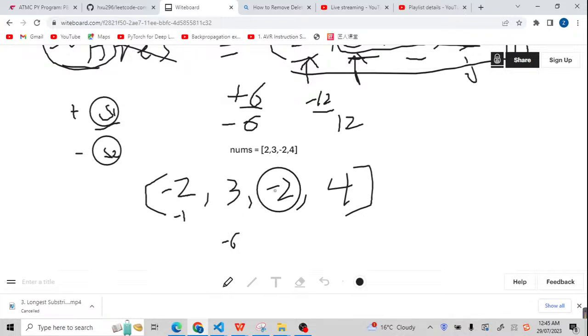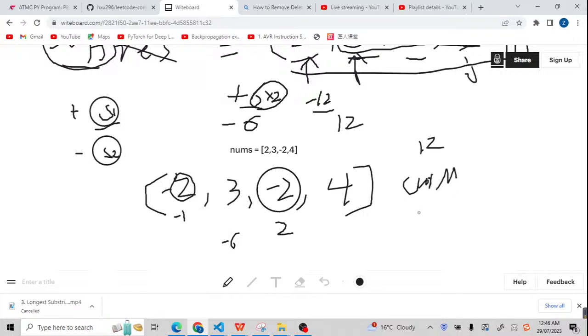For example, if this number is minus 2, we times this minus 6, we get 12. It's the maximum. Or maybe this number is 2, we times this number, it is also 2 times the 6, it is the result. But we also need to make sure that the numbers are continuous. It means the start of the subarray can be someplace. It can be the first place, or the second place, or the third place. When we are checking the current state, I'm going to use two variables,